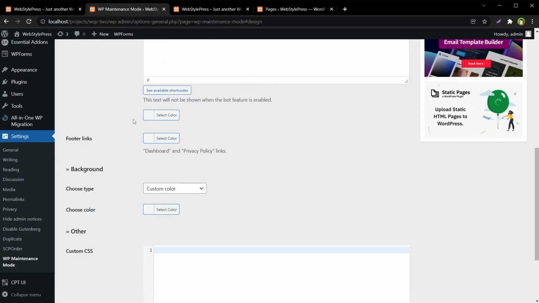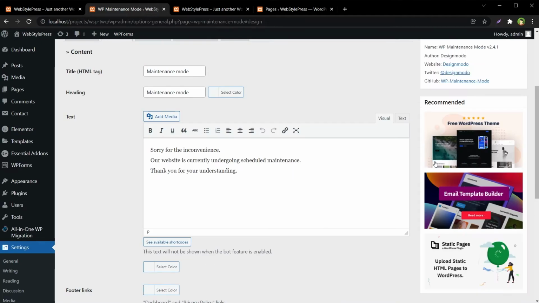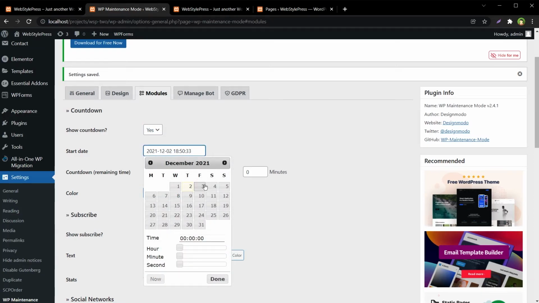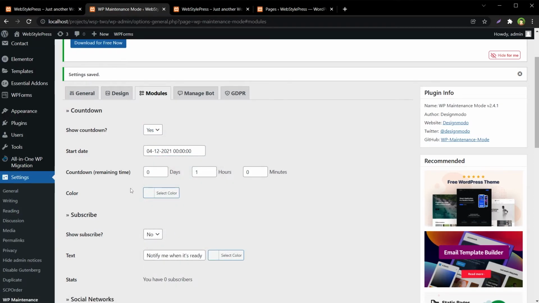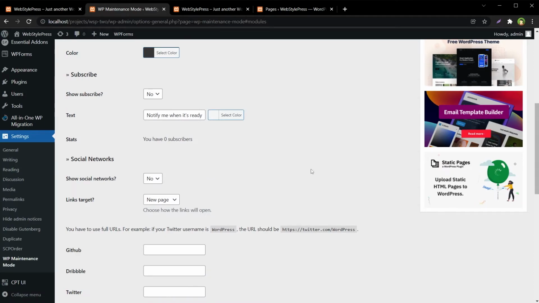You can use background color, background. You can use custom CSS and save settings. From modules, if you want to show the countdown, you can do so. Select the start date. Specify your color for the countdown. You can allow users to receive a notification once this site is ready.